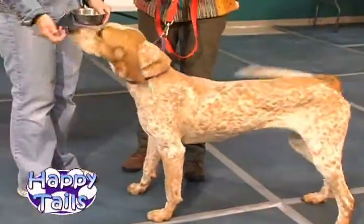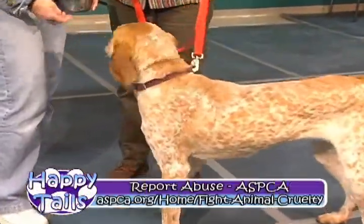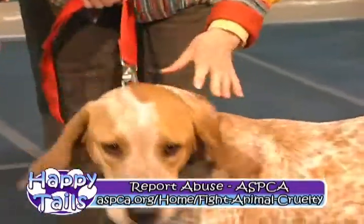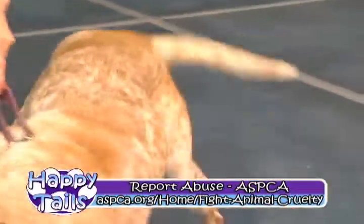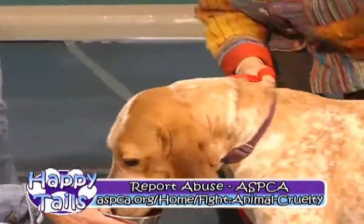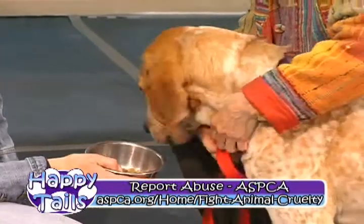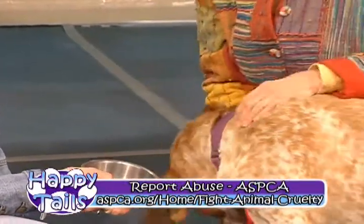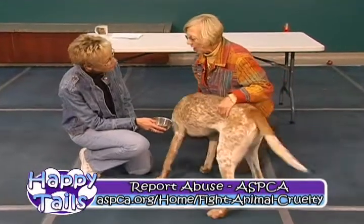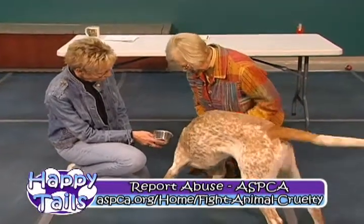This is Sophie. When she came into the shelter, her collar, if you can see up here higher, was actually embedded into her neck. We've seen dogs that have had worse cases of that. But what happens is people put a collar on their dog, and as their dog grows, they don't check the